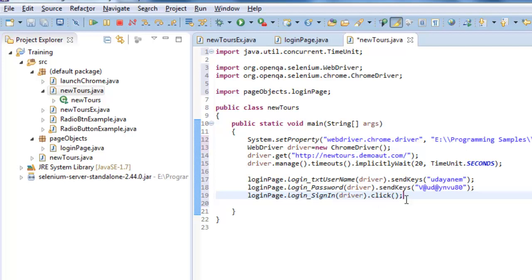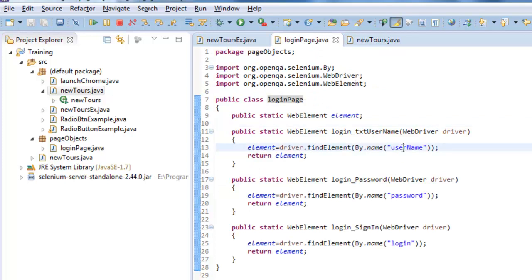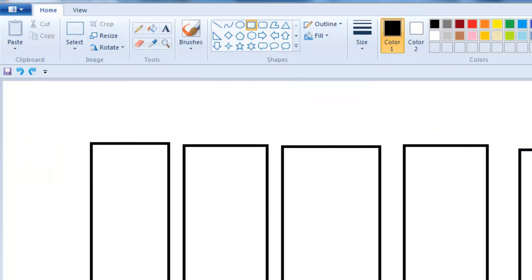All right, so by writing it this way, the main advantage that we have here is that whenever an object changes, for example, say the username changed from username to login name, you need not update it everywhere, though you have used the same object in multiple places.